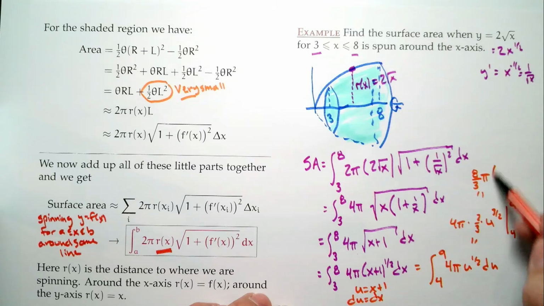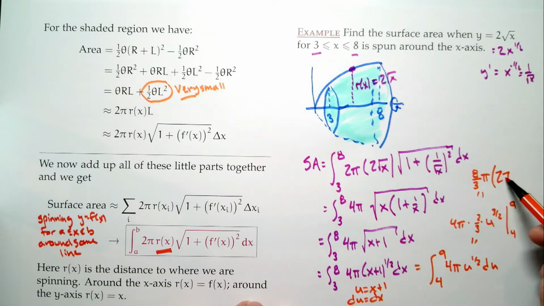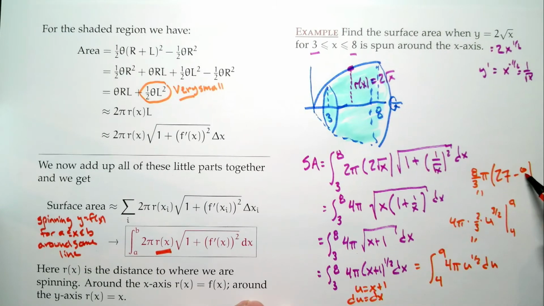Now, 9 to the 3/2. 27. Now, the easy way to get that is to take the square root of 9, which would be 3, and then cube that. 3 times 3 times 3, which would be 27. 4 to the 3 halves is 8. And again, you can think of it, take the square root of 4, that would be 2, and then cube that. 2 times 2 times 2 is 8. 27 minus 8, 19. 19 times 8,